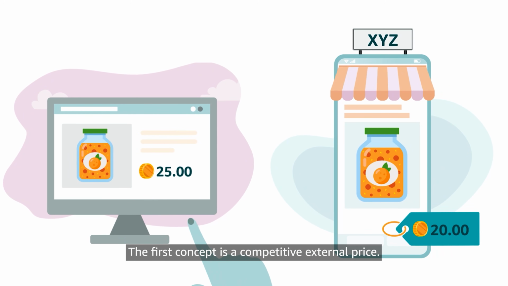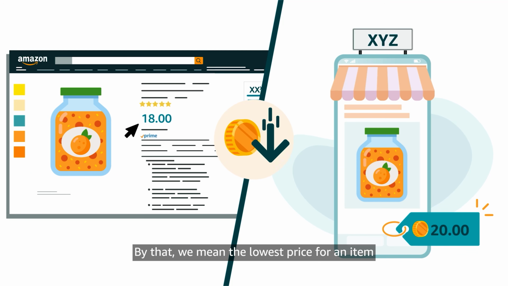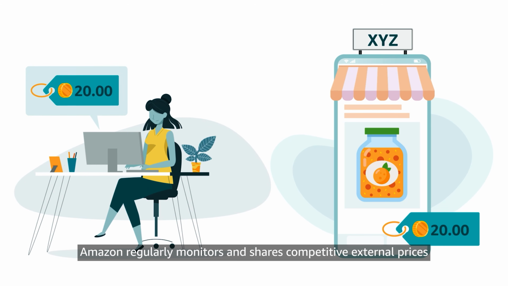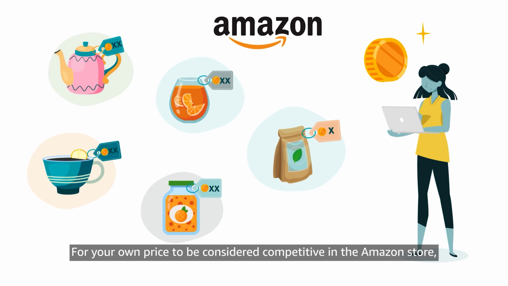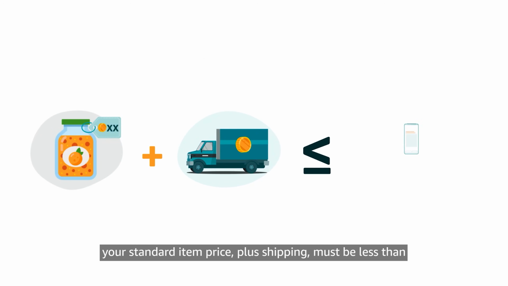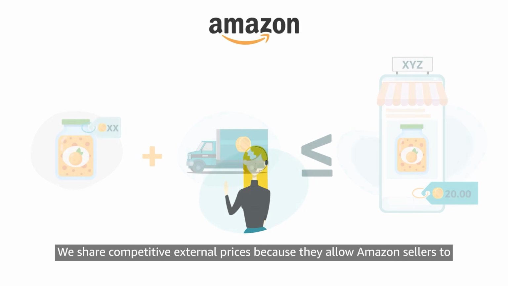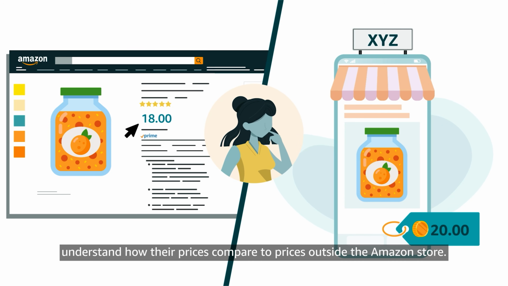The first concept is a competitive external price. By that, we mean the lowest price for an item from major retailers outside Amazon. Amazon regularly monitors and shares competitive external prices with sellers as a point of reference. For your own price to be considered competitive in the Amazon store, your standard item price plus shipping must be less than or equal to the competitive external price we share. We share competitive external prices because they allow Amazon sellers to understand how their prices compare to prices outside the